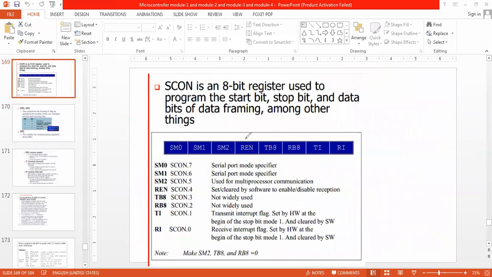Then what we have? Receiver enable. Transmission is there, reception is there. Receiver enable switch is there. This is a transmitter.